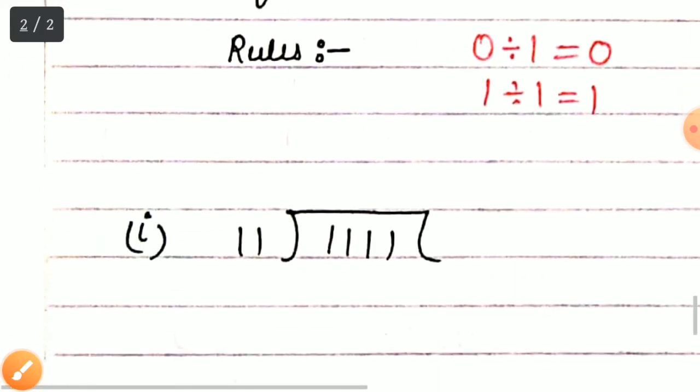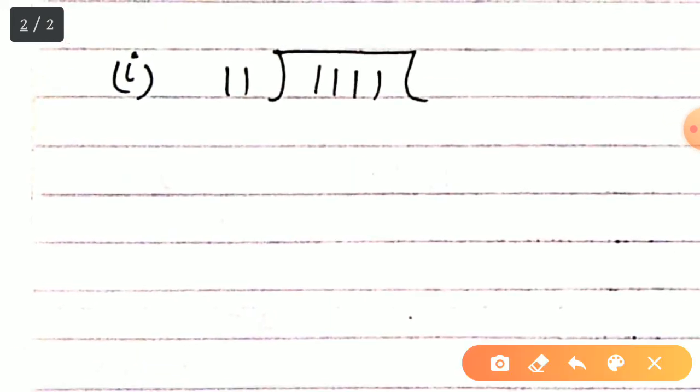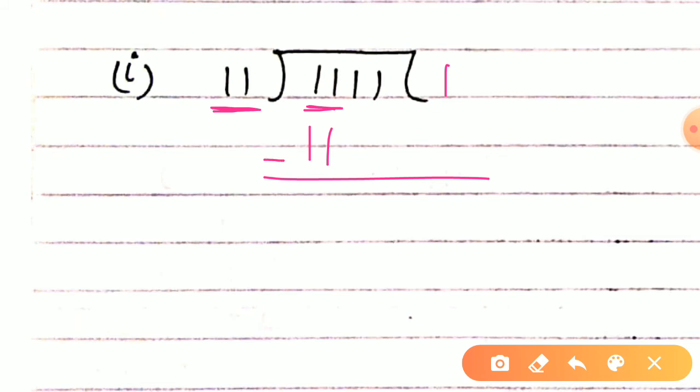Now let us solve some examples. See the first one. Firstly we have this two digit number, 1 1. Now we will see this two digit only. If you multiply 1 1 with 1, you will simply get the same number, right? And now you have to subtract this. You have to follow the binary subtraction over here. So 1 minus 1 is 0, 1 minus 1 again 0 you are getting. Now 0 0 we have.